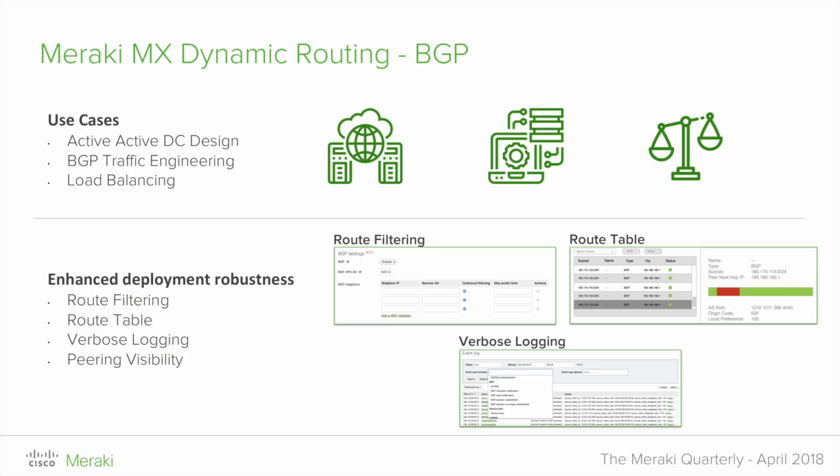And we're going to focus today on some of our routing capabilities and what enhancements and new features are coming to the MX platform. And what are we doing in terms of routing? Well, one focus that we're really putting a lot of engineering resources towards is BGP. And the main use case that we're building this for is active-active DC design. We want to offer our customers three things when they choose to route with us: redundancy, symmetry, and load balancing. And the easiest way for us to implement that is BGP.